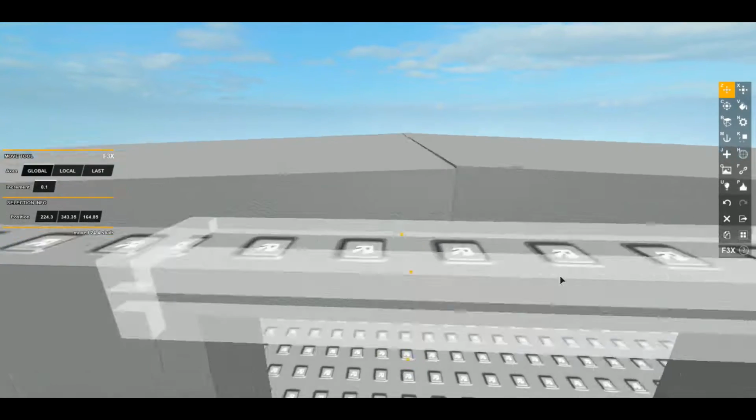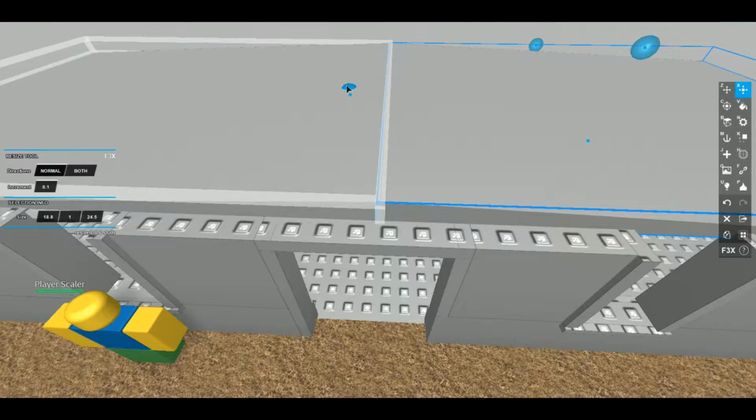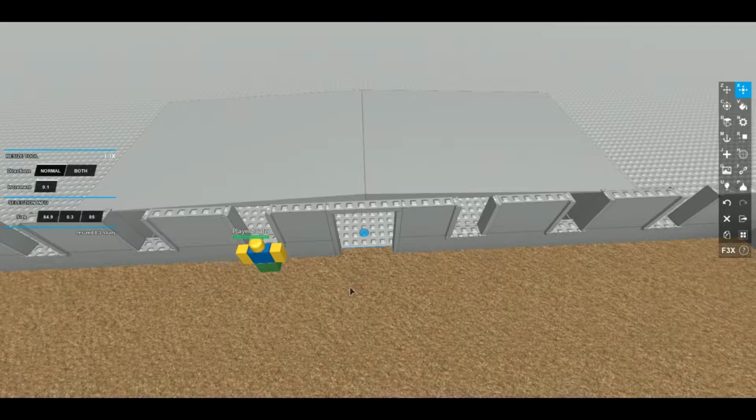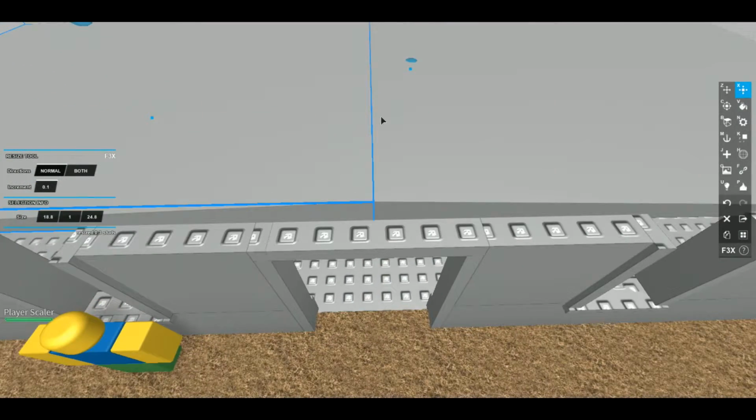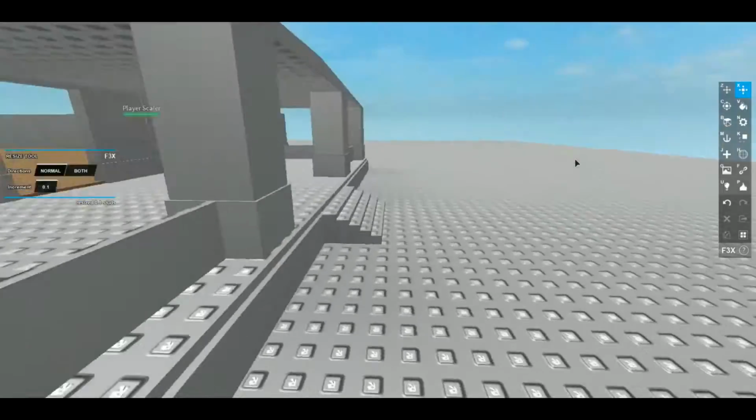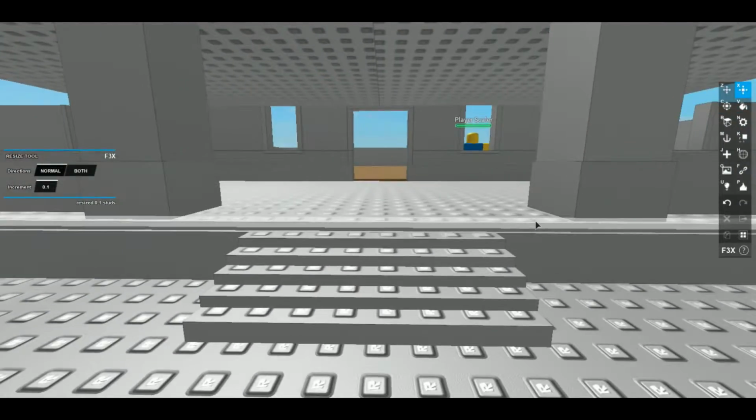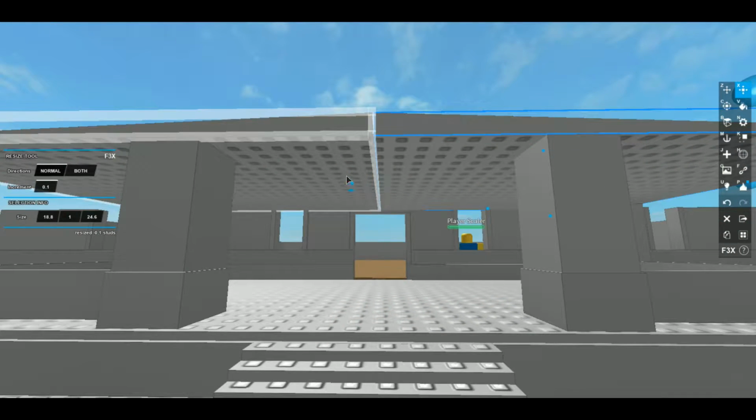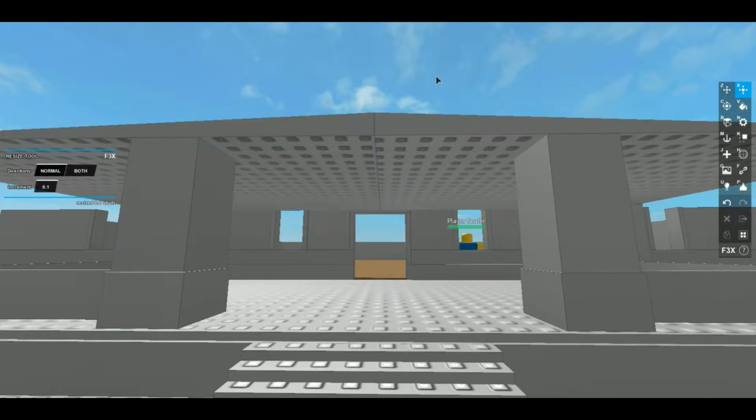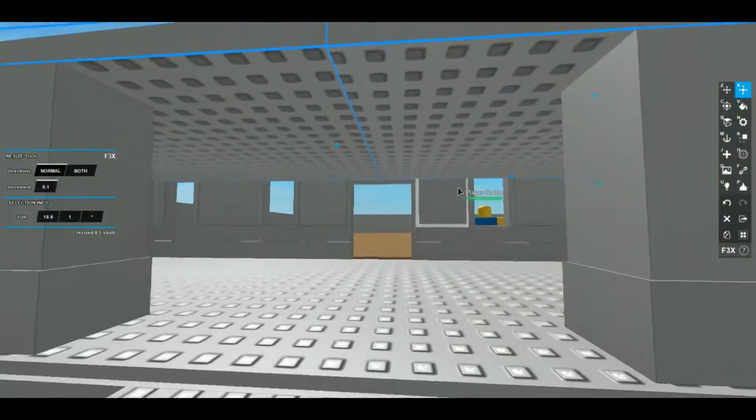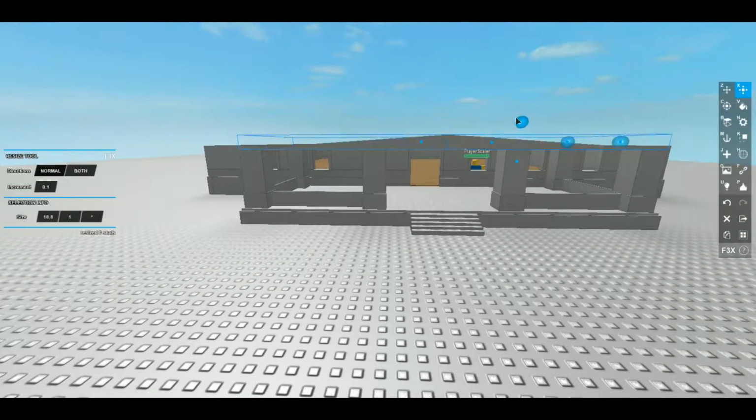Okay, so I need to find where the middle of this thing is here. This might not be perfectly symmetric, but it works for the purpose of this video. It's always good to have your stuff symmetric, guys. Okay, so I'm pretty sure that's as symmetric as I can get it. I think it's a little bit off, like 0.1 of a stud. Okay, so now this is where you can choose if you want it to be tall,